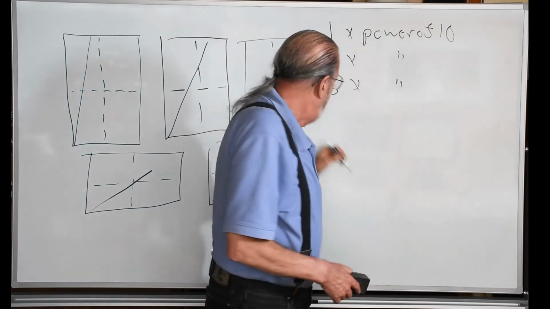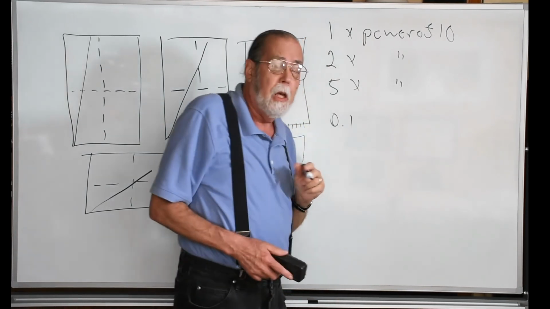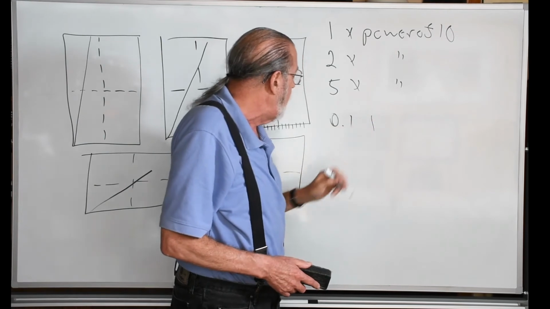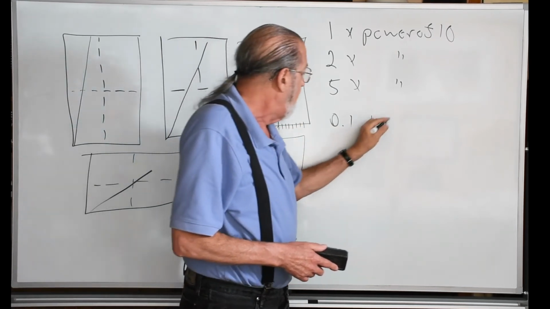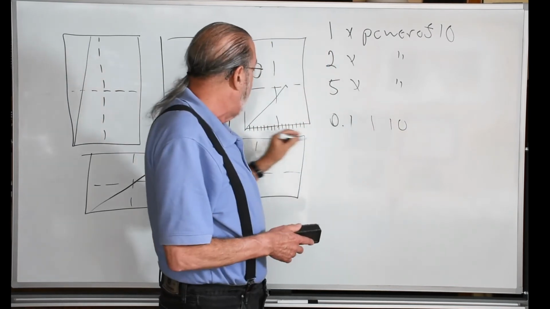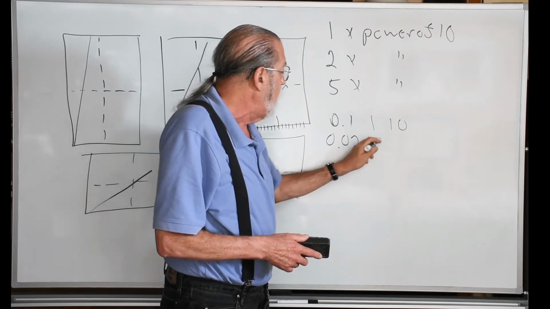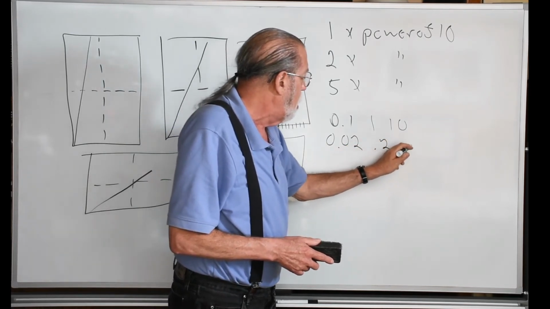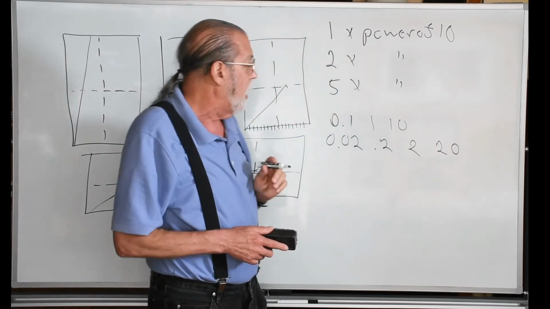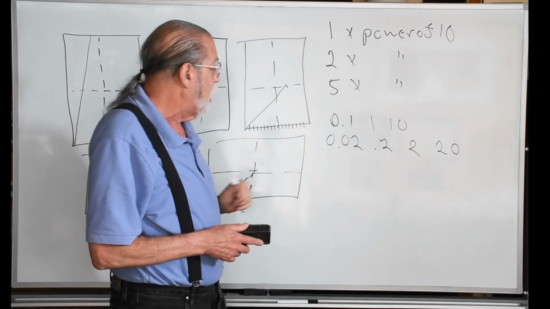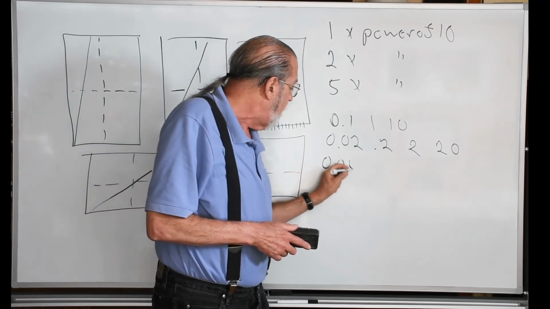So that if each little box is 0.1, if each little box is 1, if each little box is 10, 20, 30, 40, 50, etc. Or if the boxes are 0.02, or 0.2, or 2, or 20, or something like that, that's typically acceptable too. Also, something like 0.005,